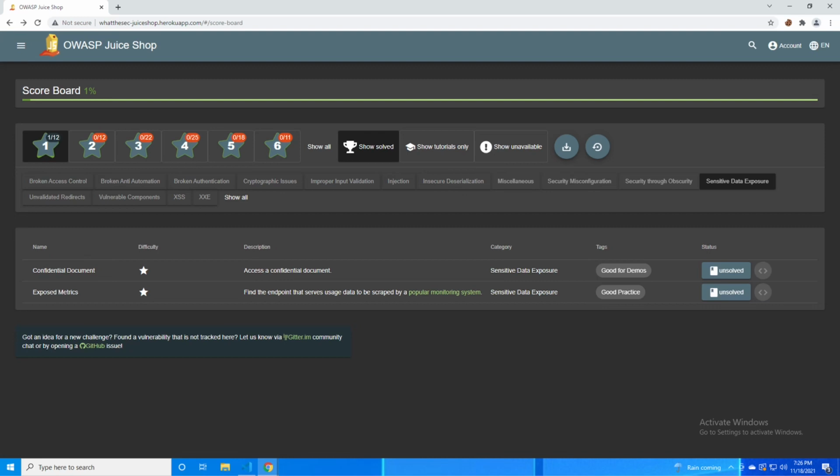A lot of times this does come down to misconfiguration, but it can also be error prone depending on the application and how it's invoked. But coming back to JuiceShop, we're going to be talking about the confidential document. So there are two ways that this could potentially be discovered. One of them is using the robots.txt to gain access to a specific folder, and the other, which we'll go over, is just poking around the site and using your natural curiosity to figure out what can be exposed. So the real easiest way to do this, and we're going to open up a second tab,